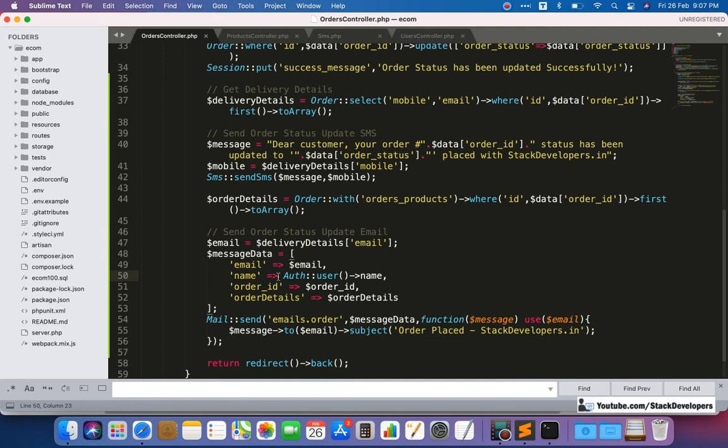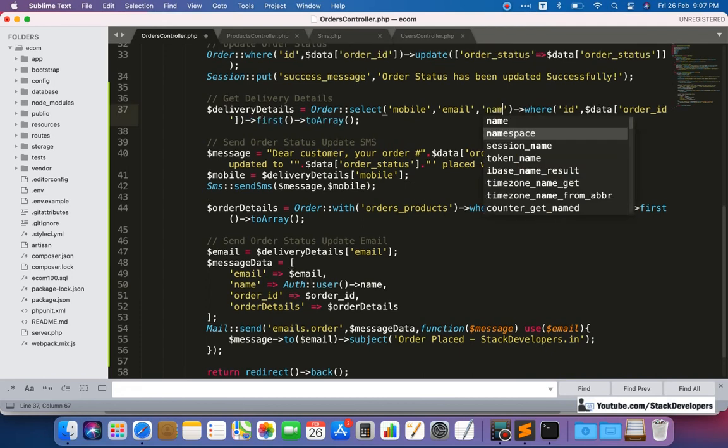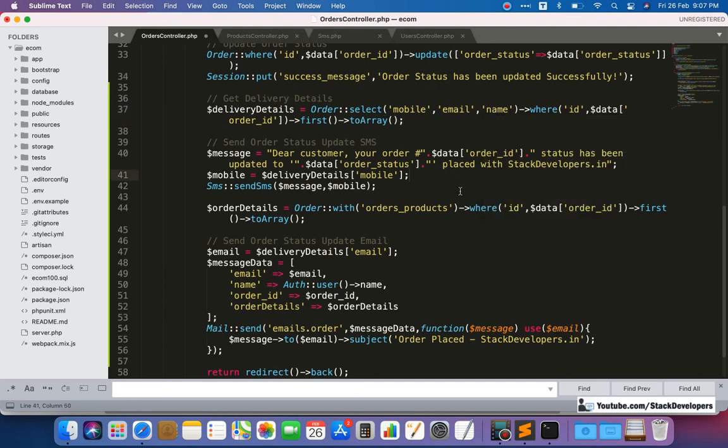Here in case of name we also require the name, so name also we can get from here as well. I also want to tell you, it's your choice if you want to get the details from the delivery details, or from the billing details. But in case of billing details you need to make the things mandatory, because in billing we don't have the mandatory address and other things. So delivery details is mandatory.